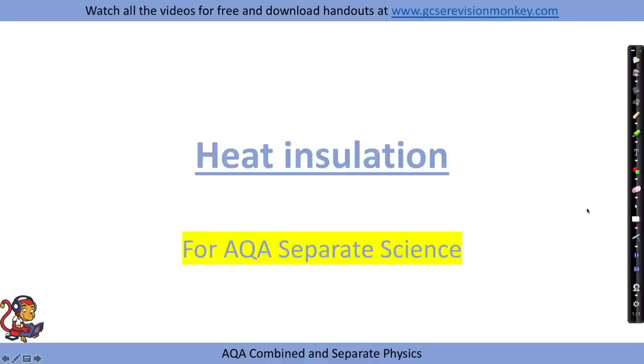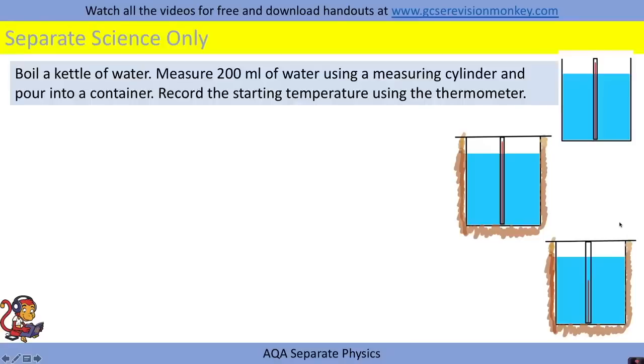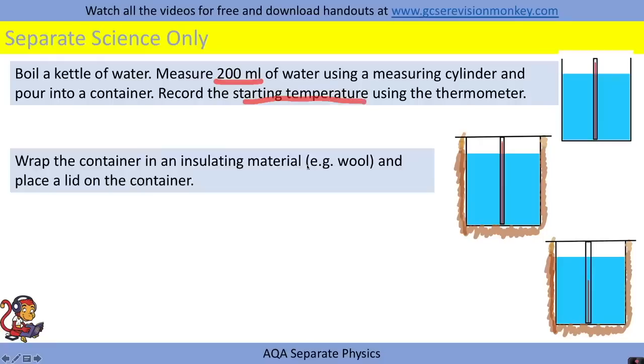Heat insulation required practical, and this required practical is for separate scientists only. So to start off, we'd boil some water and then we'd measure, for example, 200 mils of water using a measuring cylinder and pour it into a container. We'd record the starting temperature using the thermometer. We then wrap the container in an insulating material, for example wool, and place a lid on top of the